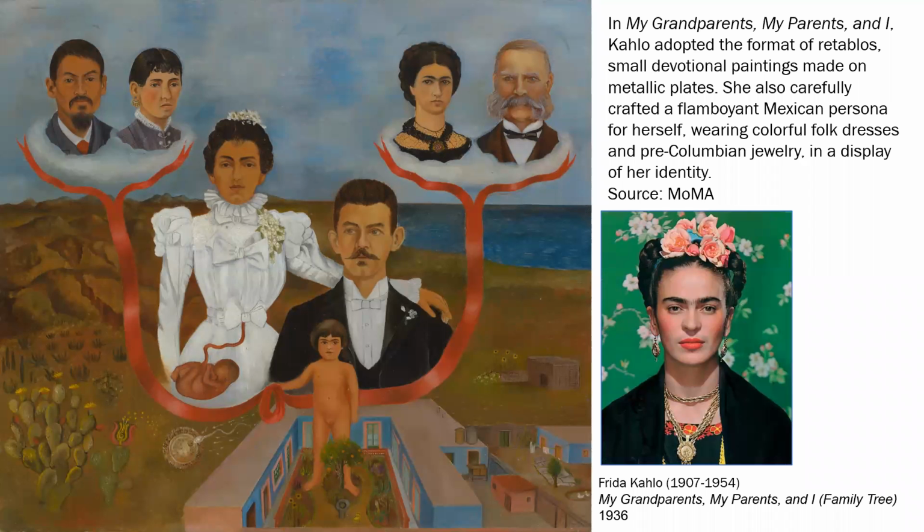We also see Frida Kahlo using portraiture to talk about her past and her history and her culture. There's a portrait photograph here on the right-hand side, showing her dressed in the Mexican persona that she often was in. She often took the indigenous background of her pre-Columbian history and used jewelry and adornment and flowers in her hair and the way that she dressed to really bring about that identity that was really important to her. And to show that in her painting was also a priority.